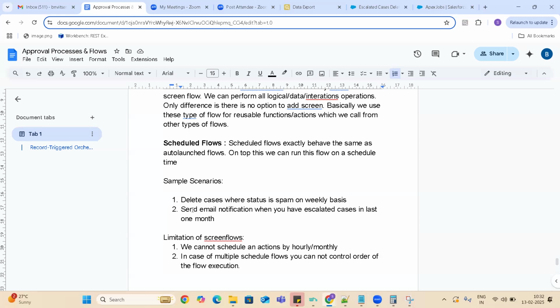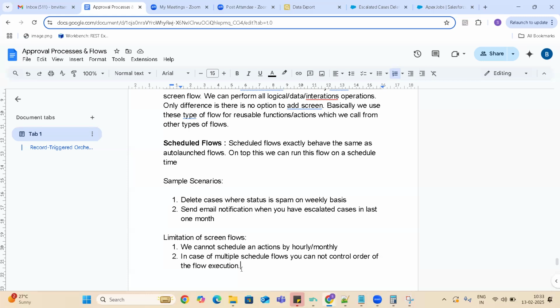We can't control it. We can just schedule it, and depending on Salesforce CPU availability, that means processor availability, they will execute the jobs. We can't guarantee something like, this is the flow which I created first, so it will execute first. No, nothing like that.